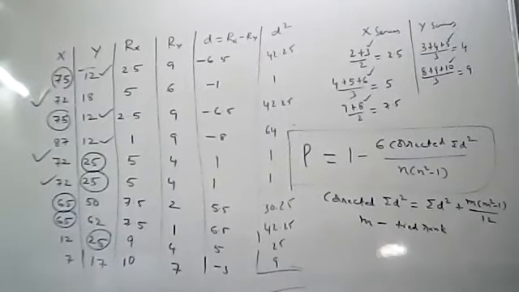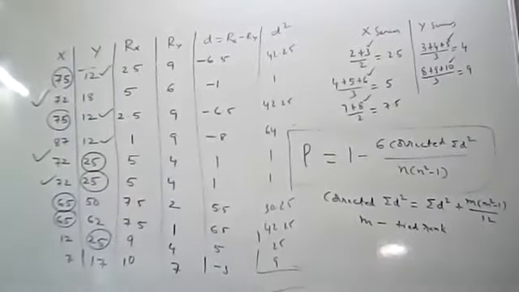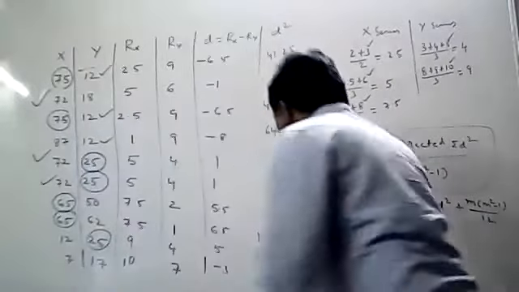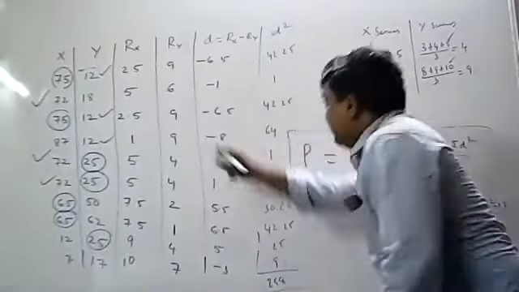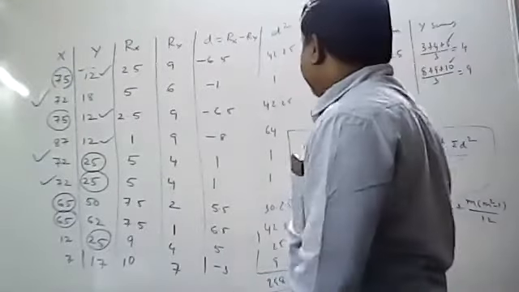Did all of you get 258? Is it correct or have I made any mistake? I hope all the values are correct. If it is correct, you got the total. Can you tell me the total? Because this is a general problem I have given, I don't have the answer. Everyone is saying 258. If everything is correct, then automatically this total you will get 258. I will assume that this total is 258.